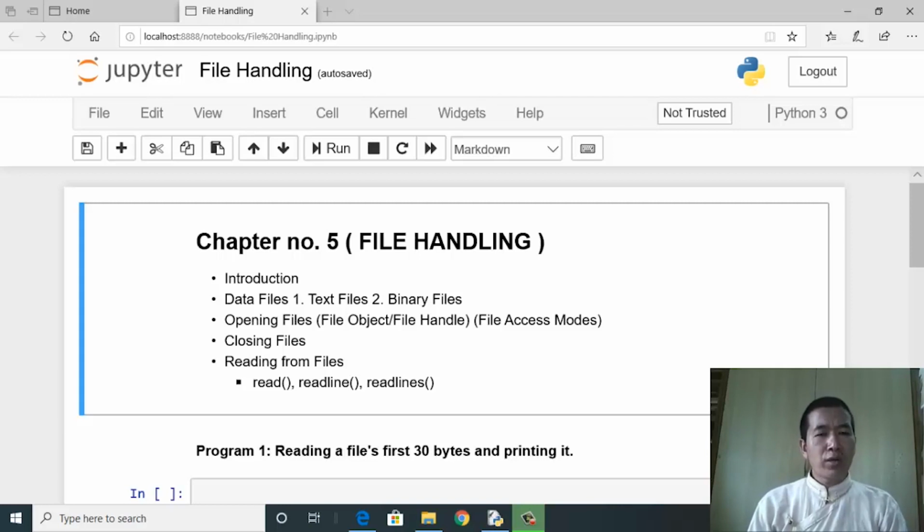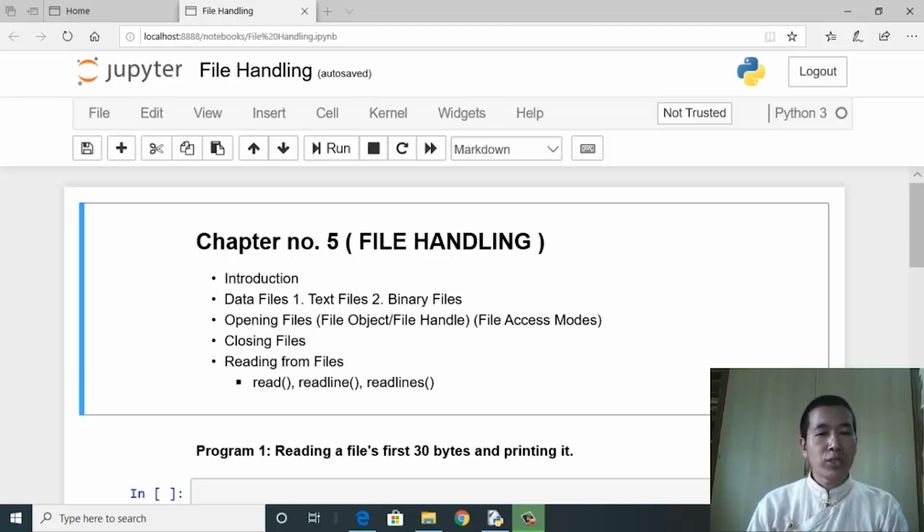I hope you are well aware of the fact that the first two chapters, Python Revision 201 and 202, are nothing but basically the reviews of what you have learned in class 11. So I hope that you have a good solid background in the basics of Python as a programming language. Hence, I'll not be touching upon those two chapters.